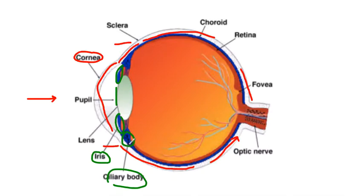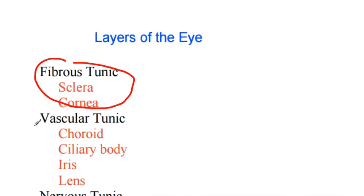And then the layer extends all the way around in a coat we call the choroid. Let's take a look here. So that was the vascular tunica. Vascular because it has blood vessels and nerves in there. Most of it behind the eye is the choroid, but we have the ciliary bodies, the iris, and then